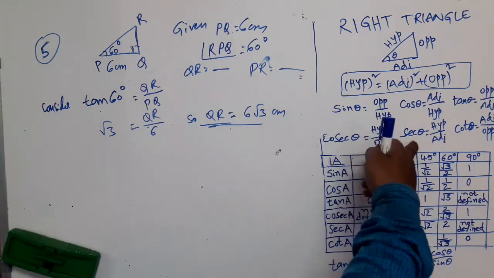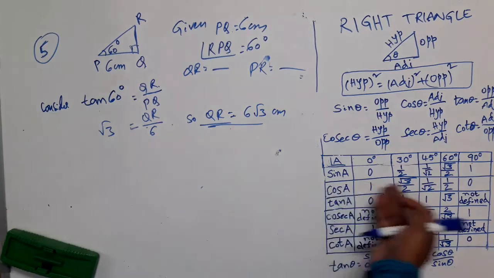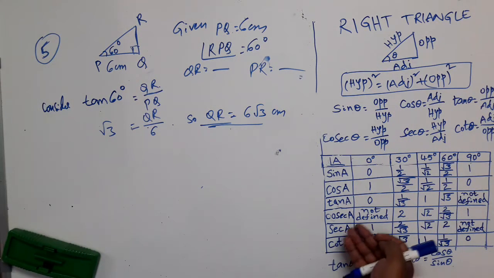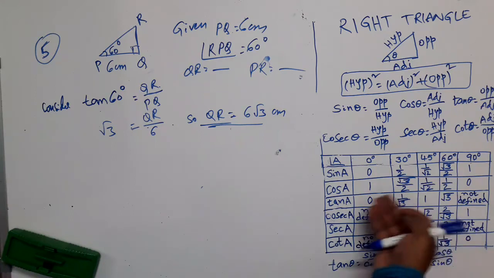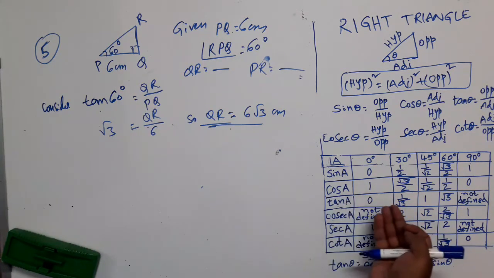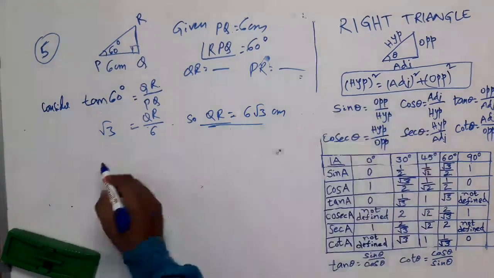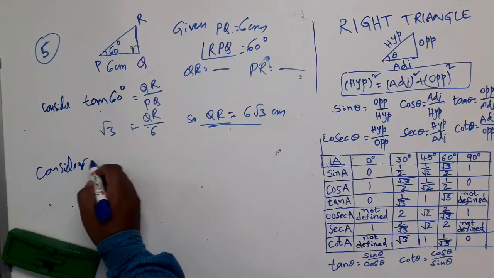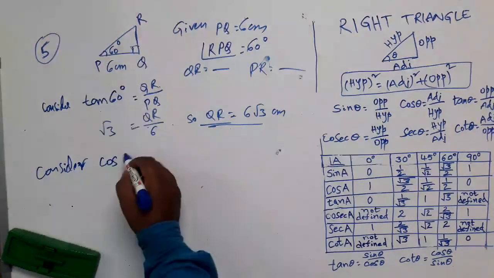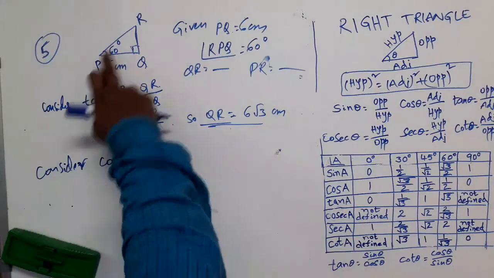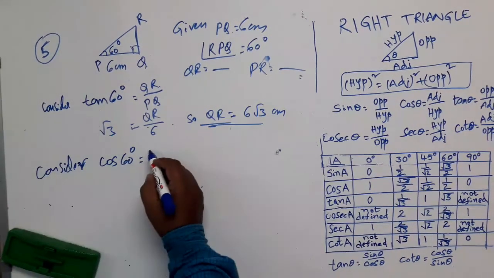Because I easily remember these values, I generally don't go for secant, cosecant and cot. We will go for sine, cos and tan. So let us go for cos. Consider cos of angle 60 degrees. What is cos? Adjacent side over hypotenuse. So the adjacent side is PQ divided